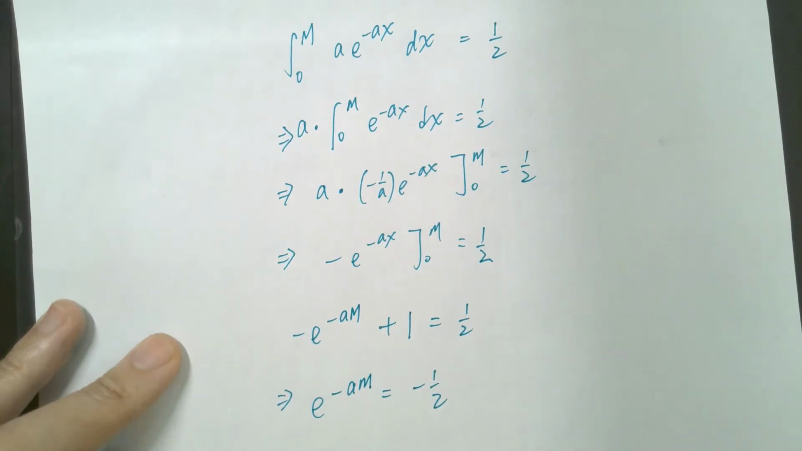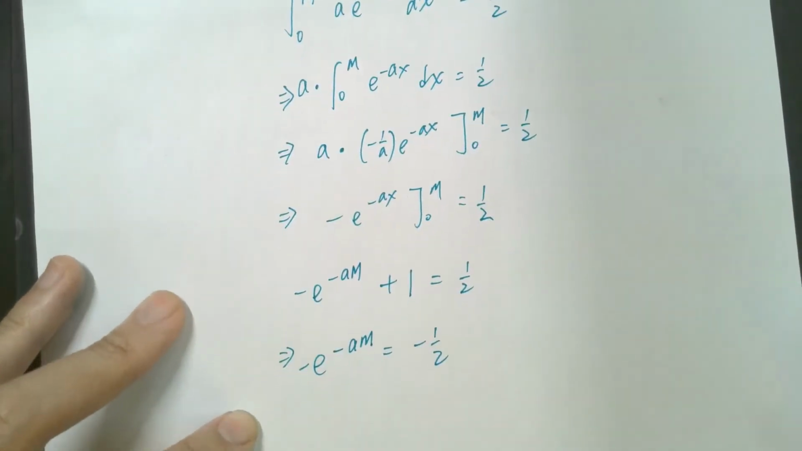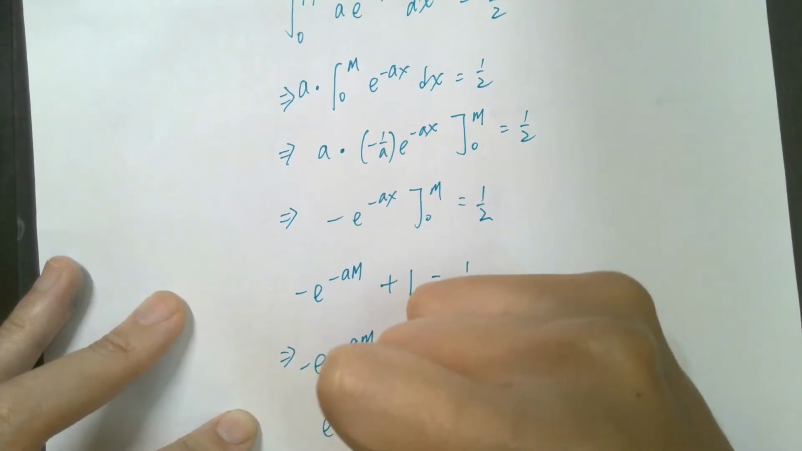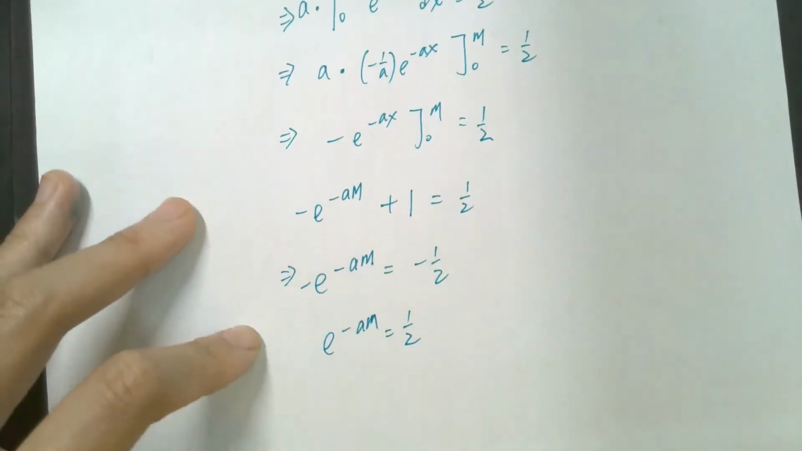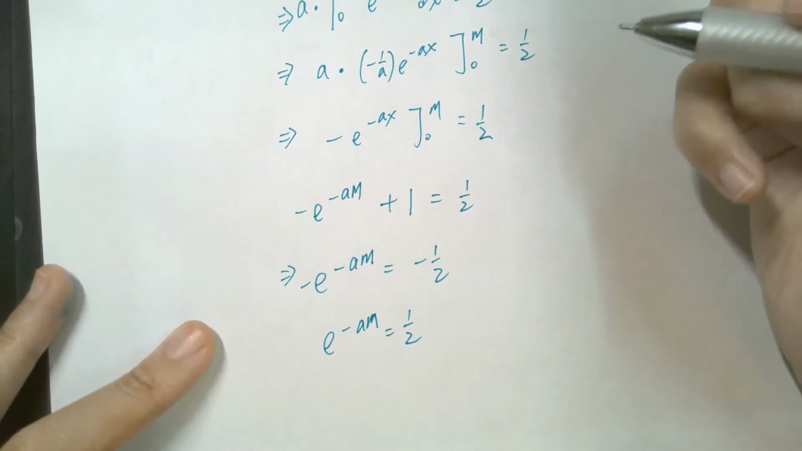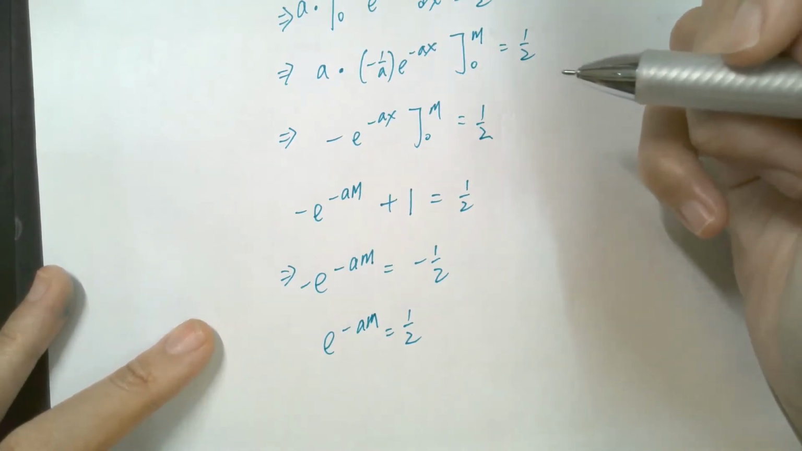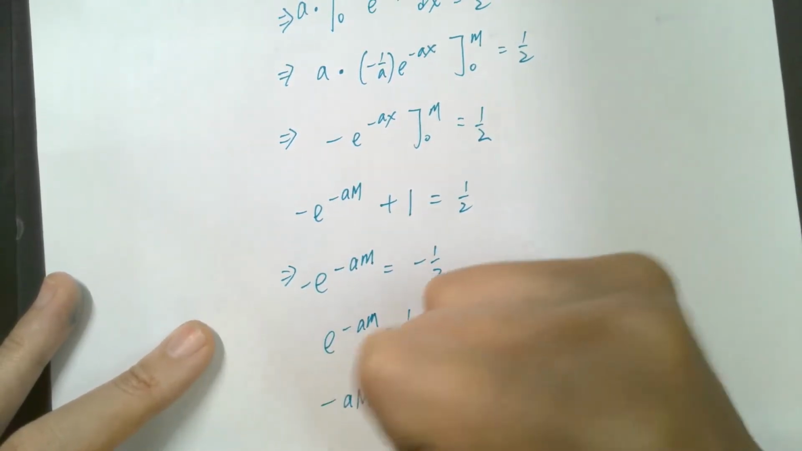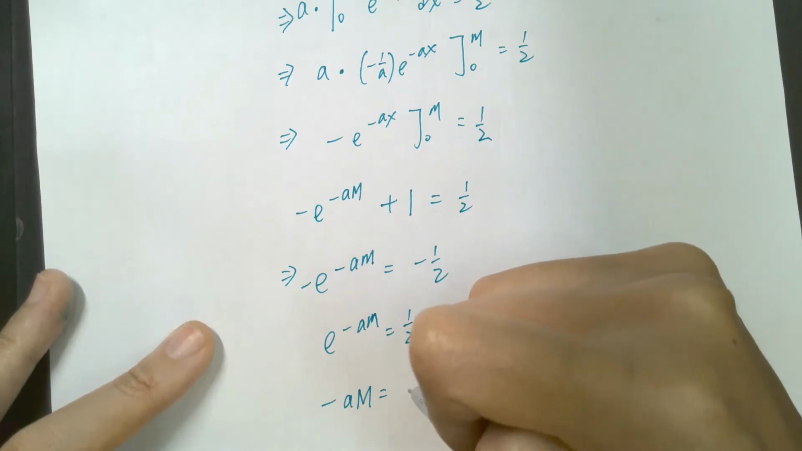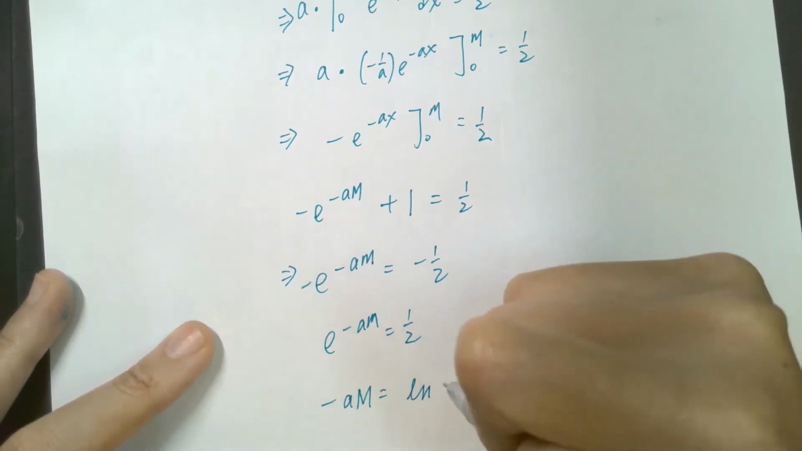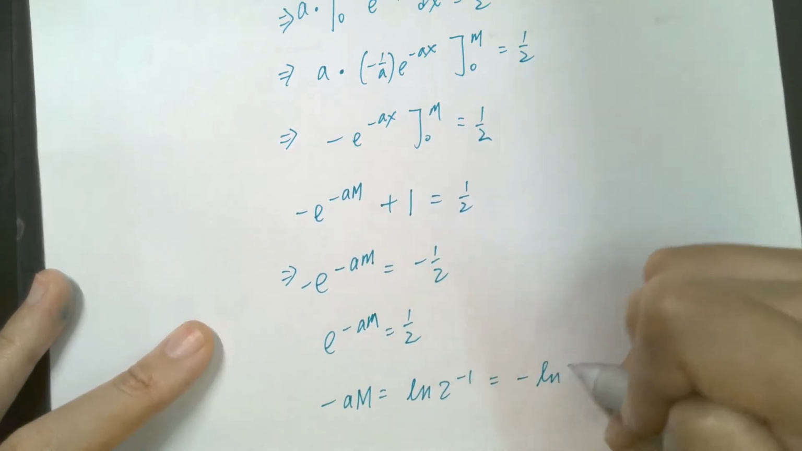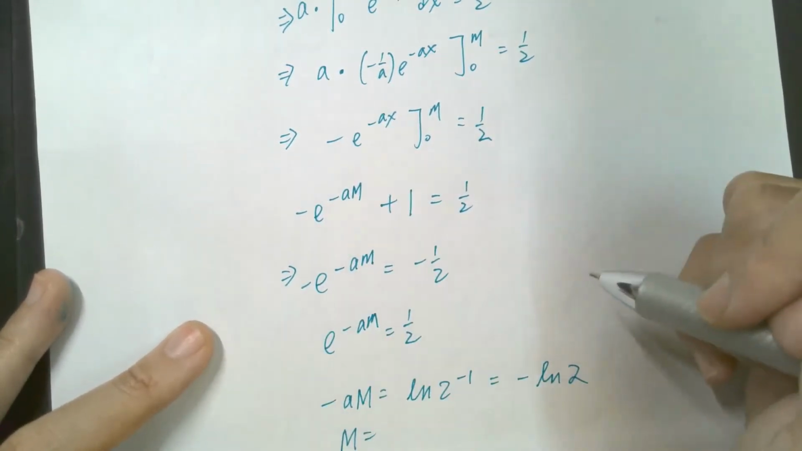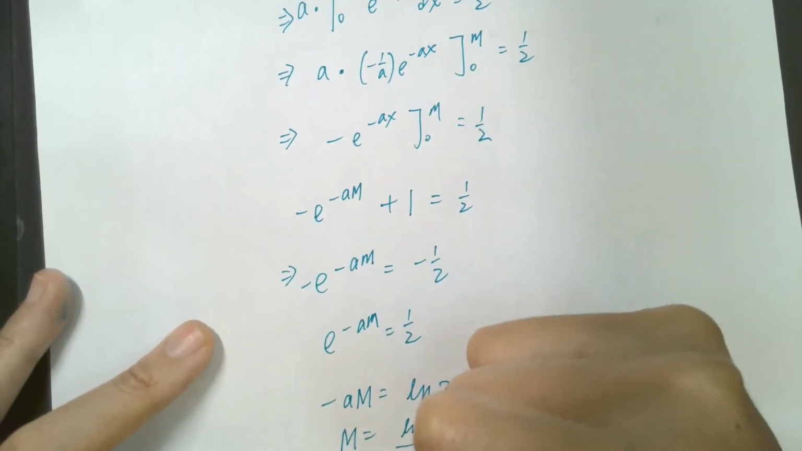Sorry, I'm missing a negative, that's why it's looking a bit weird. So e to the power of negative am is just equal to 1/2, and then we take logarithm on both sides, right? We take logarithm on both sides, what do we get? We get negative am is equal to ln of 2 to the negative 1, which is negative ln 2. So m is equal to ln 2 divided by a. Okay,